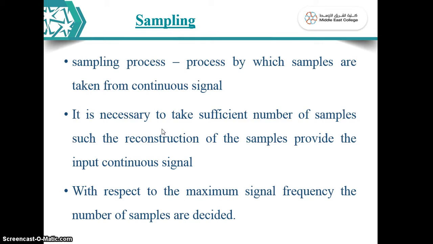So if you want to get the original signal back, suppose we have an analog message signal, it is converted to discrete by using the sampling process. If you want to convert it back to the original message signal at the receiver, or you want to reconstruct your signal, it is necessary to take a sufficient number of samples, then only the reconstruction of the original signal is possible from the